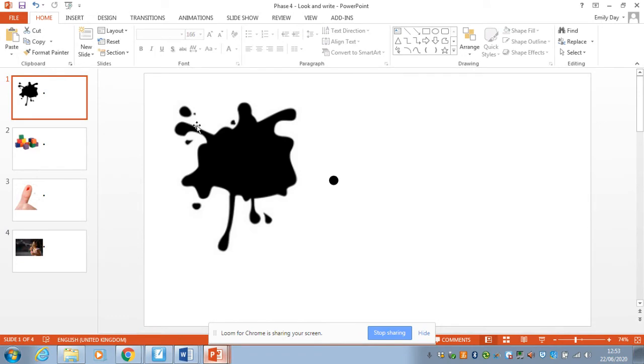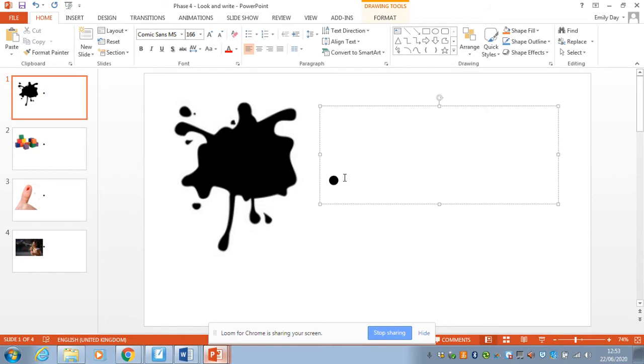Here I have a splodge of paint, and it's a colour, tell me what colour it is. Fantastic, it's the colour black. So the first sound that we hear in black is the bl sound. So if you remember, it had a b and an l, so it makes a bl sound. Let's see if we can write the rest of the word. Bl,